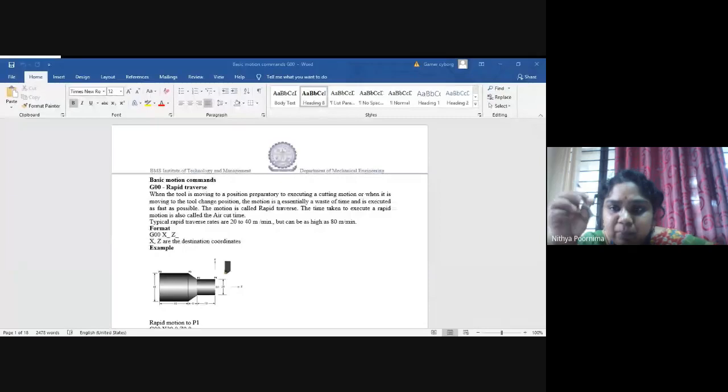Did you understand? This is the tool and this is my workpiece. The tool comes here and removes 2 mm along the surface of the workpiece. After it has done the operation, you're not going to bring the tool back in the same position. You're going to move the tool 2 mm above, and then go back to the home position. Are you following this?